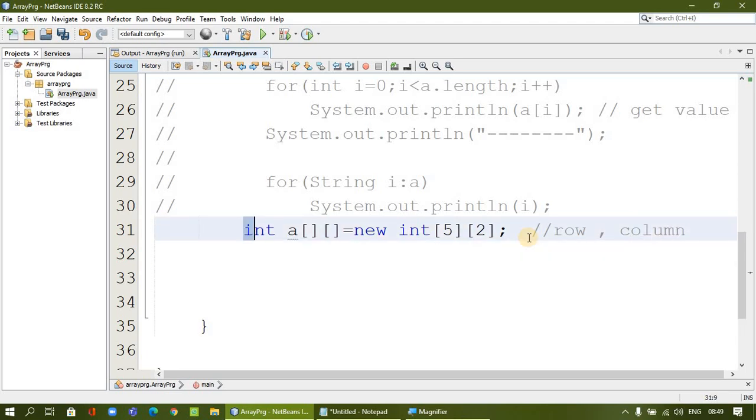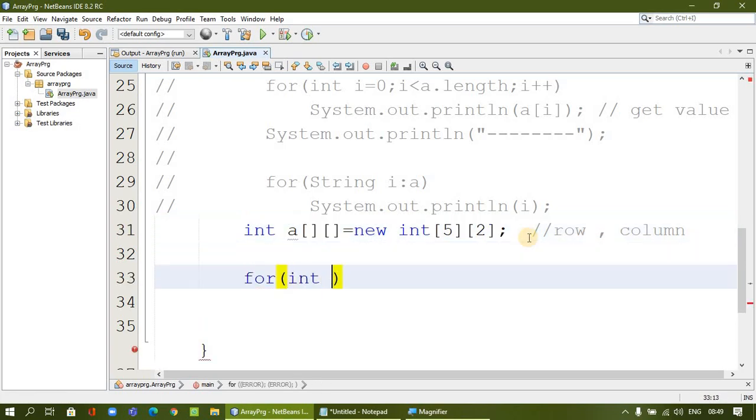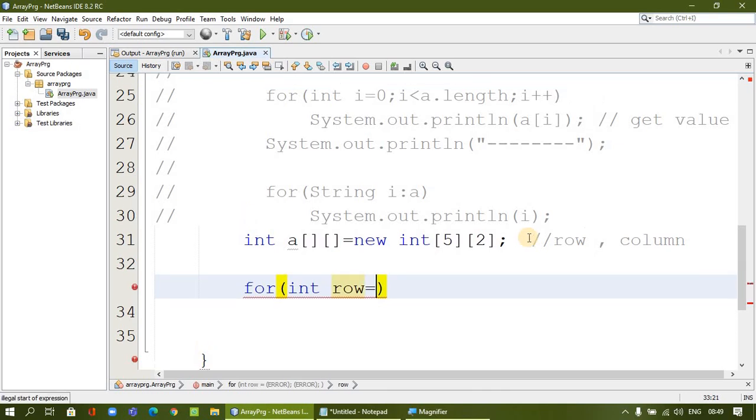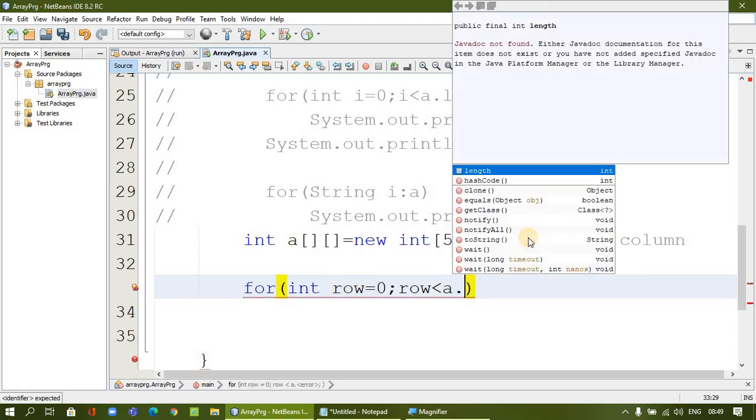So if you are going to assign the value, what we have to do is we need 2 loops. So I will say, for example, an integer row. Row is the value, starting from 0, row less than a, and then we can go up to the length, right?